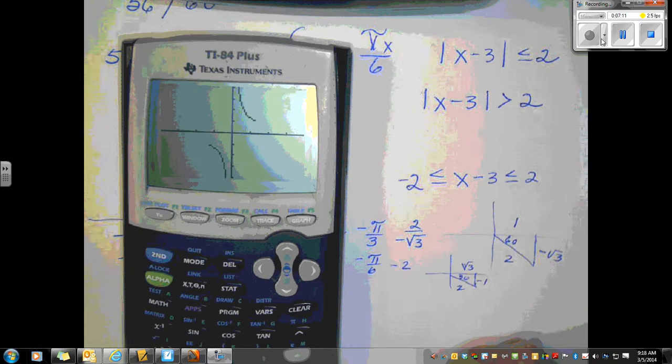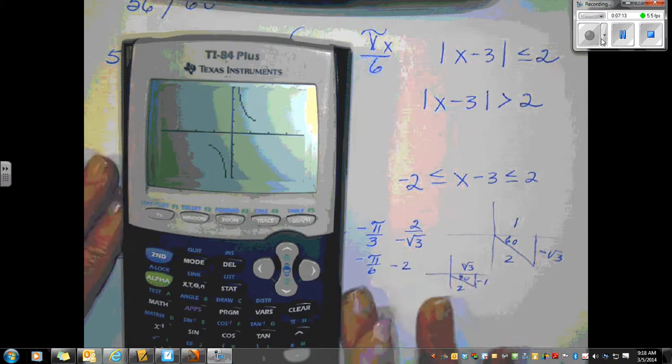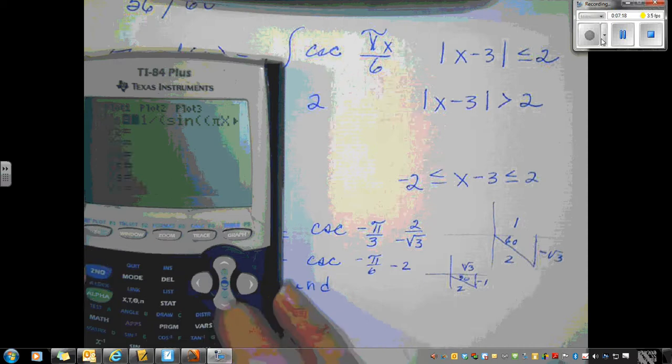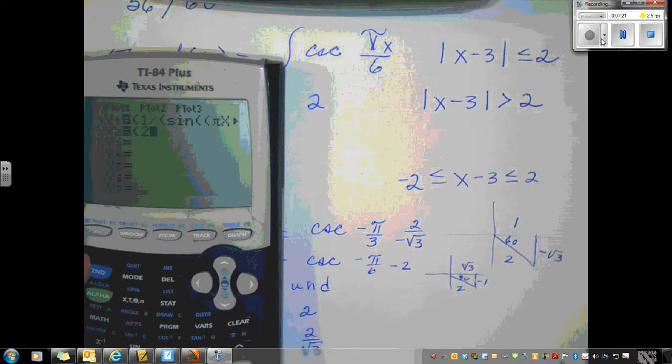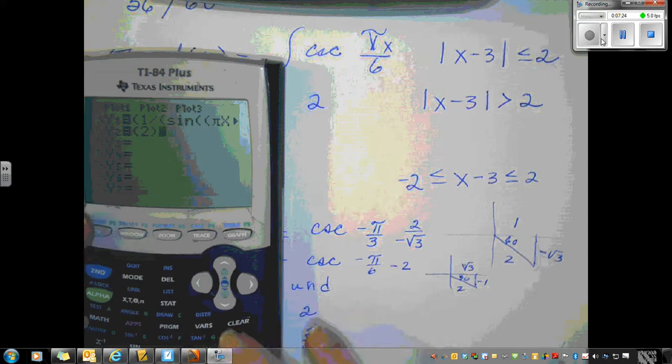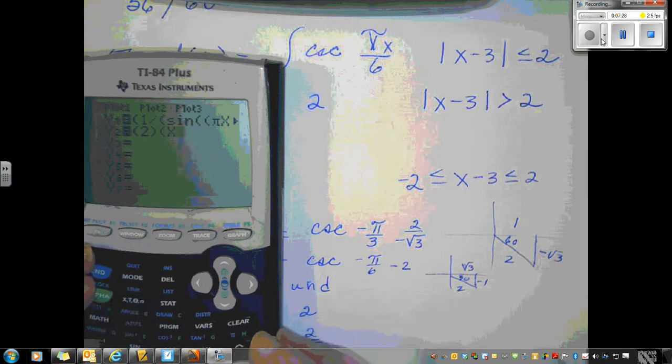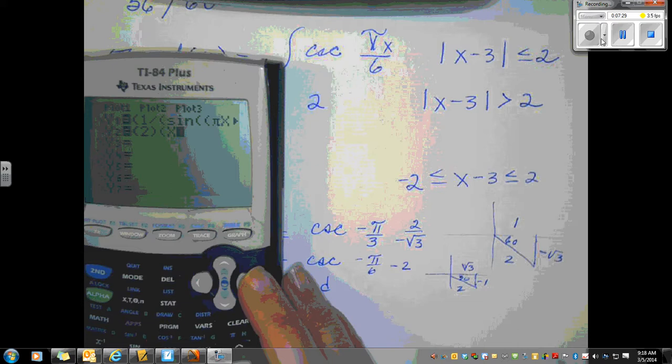Okay. Then I have to put parentheses 2. This would be what? When x is greater than 2,